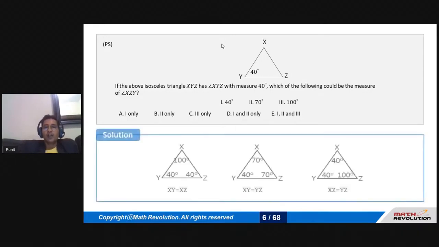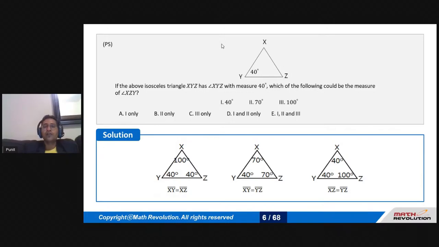When this particular question comes to my mind, I'll take all possible considerations that I could have. If this angle is 40 degrees, the first and easiest way is that angle Z could be 40 degrees. If that happens, that means angle Y equals angle Z. So that makes XY equal to XZ. So yes, for sure that's an isosceles triangle. So angle X becomes 100 degrees because the sum of all the angles in the triangle is 180. So if there happens to be 40, it could be 40.